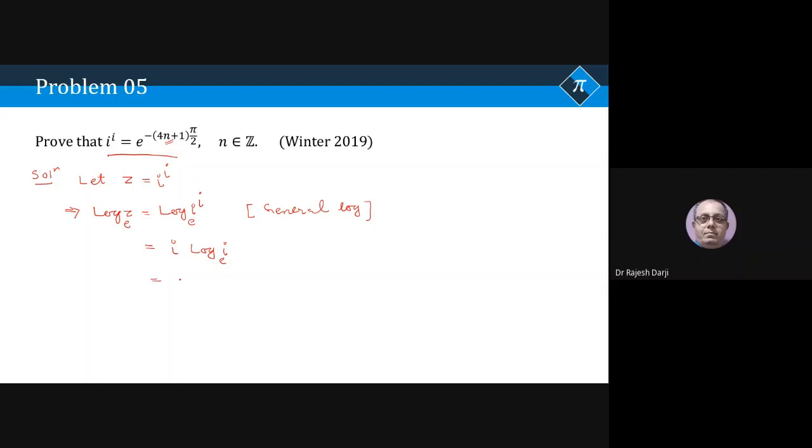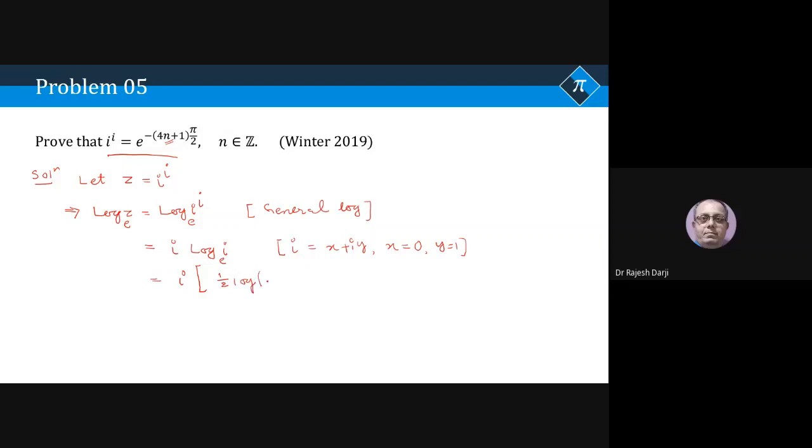Use the log formula for x plus iy. So if you compare here i with x plus iy, x equal to 0 and y equal to 1. So x is 1? No, in x plus iy, the real part is 0, the coefficient of y is 1. It is written clearly here. So 1/2